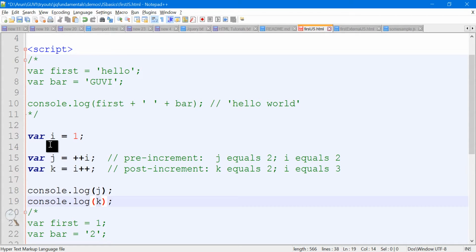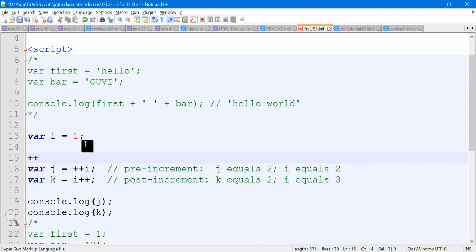Those are the tiny little operators called double plus. The double plus before a variable is called pre-increment, so I'm going to increment before. The double plus after the variable is called post-increment. It's simple, straightforward English, pre and post. When I say pre-increment, let's assume I have a variable with value 1 here. So I'm going to increment 1. Plus plus means the same variable plus 1. That's what it actually means.